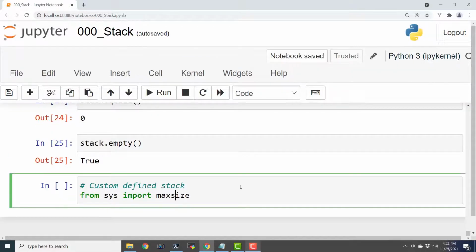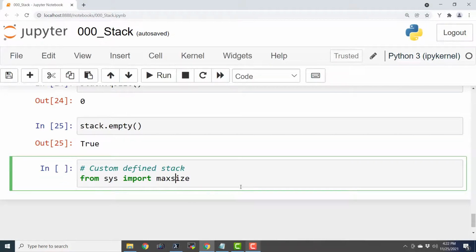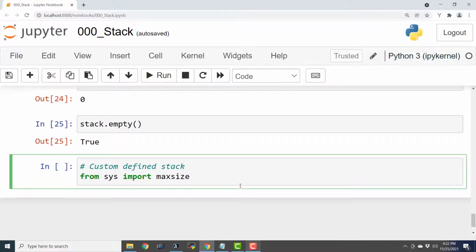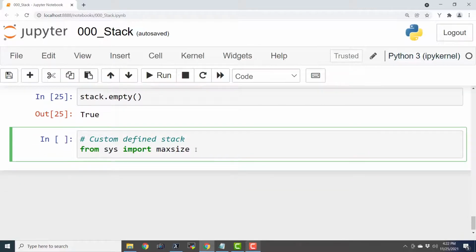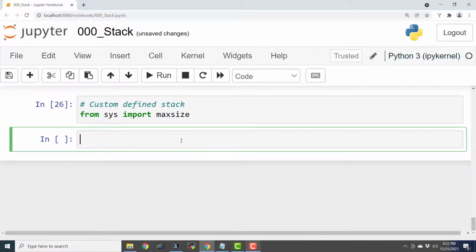So it is going to use the maxsize element for returning infinity, minus infinity to be very frank. So whenever the stack is empty, we are going to return minus infinity, for which we are going to use this maxsize related stuff. So let us see, actually, we can't explain it in words before we code. So let's execute it, and let us define a stack,